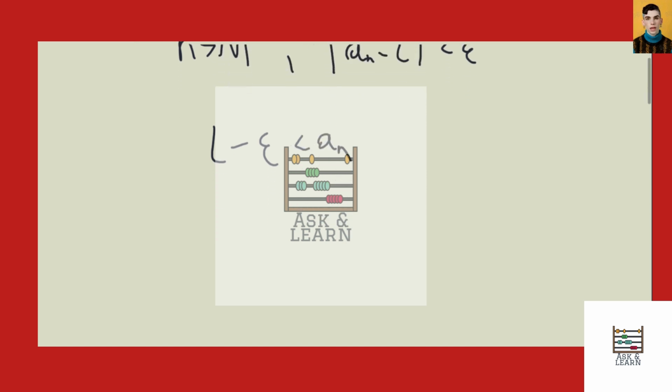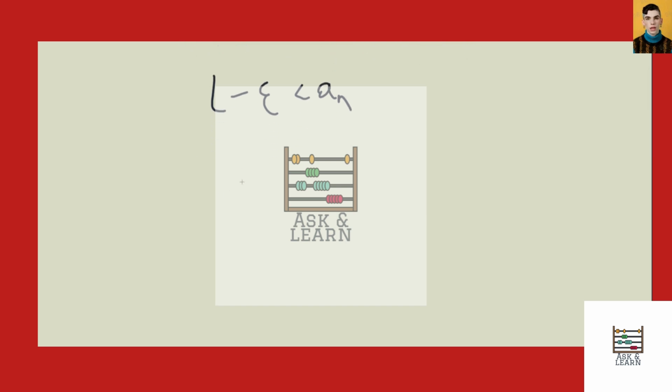And we have that then there exists another n2 where we have n is greater than n2 and the absolute value of c sub n minus L is less than epsilon, which then gives us that same thing, negative epsilon less than c sub n minus L less than epsilon, which implies that c sub n is less than L plus epsilon. Now, if we have that n is greater than the maximum of n1 and n2,